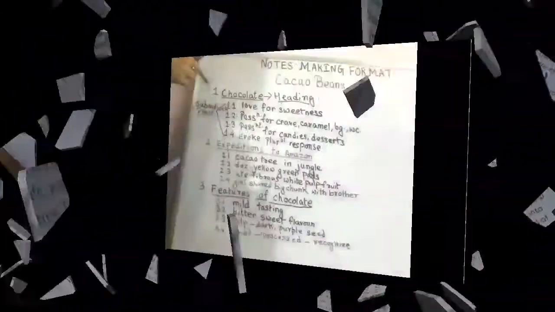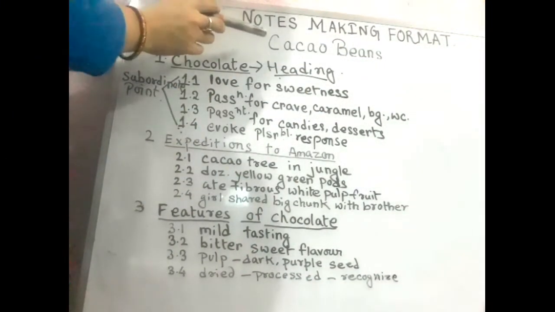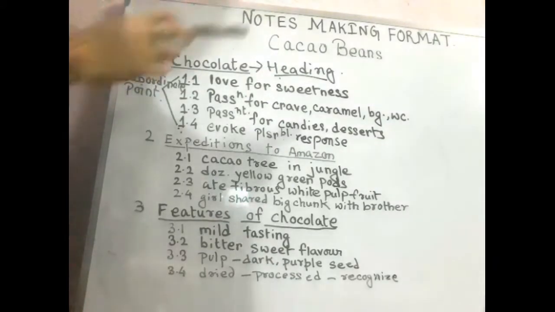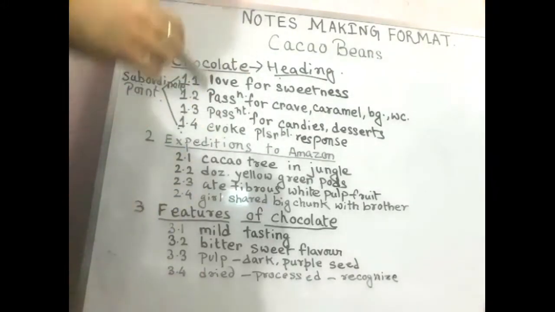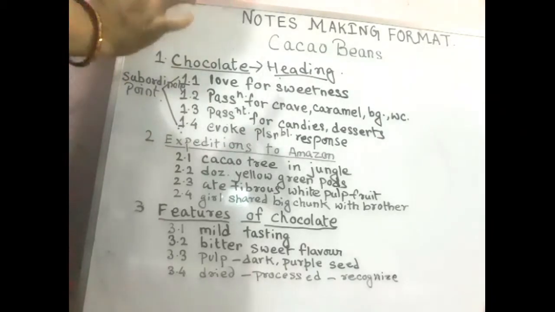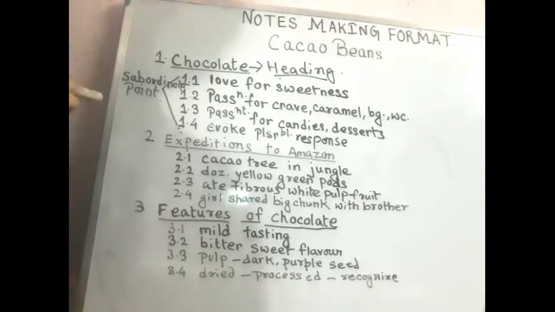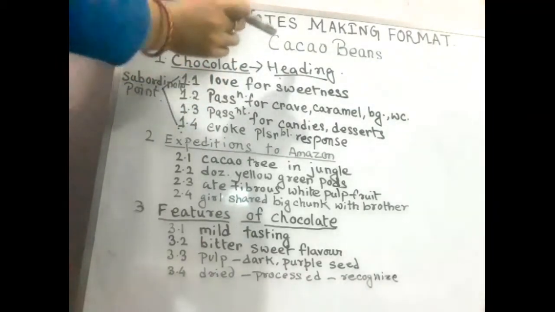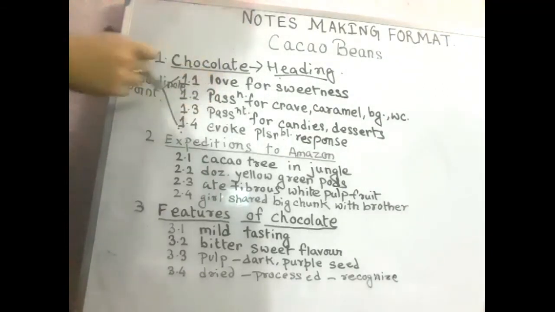Now see friends, this is the exact format of making notes. After going through the passage, you have to give a suitable title. At first you have to give a suitable title at the top of the page. And then you need to go through the passage and divide it into 4 paragraphs with pencil. Underline the important sentences. And then after going through each paragraph, you have to pick out a suitable heading of that particular paragraph. And all the information related to that paragraph, you have to write under that heading as